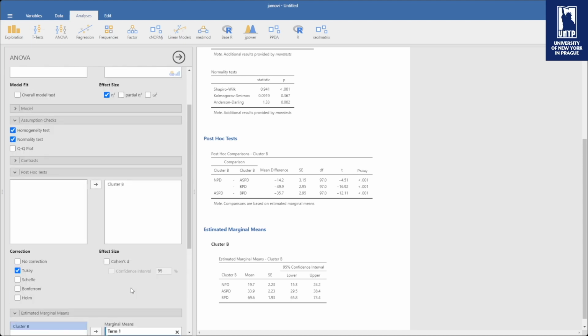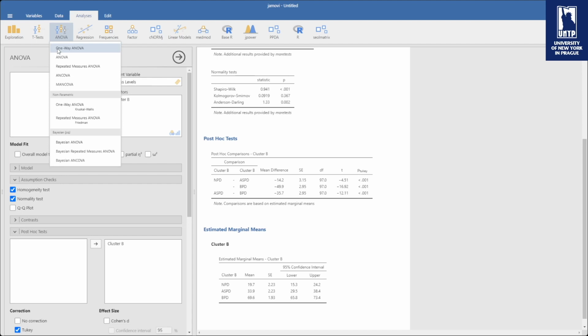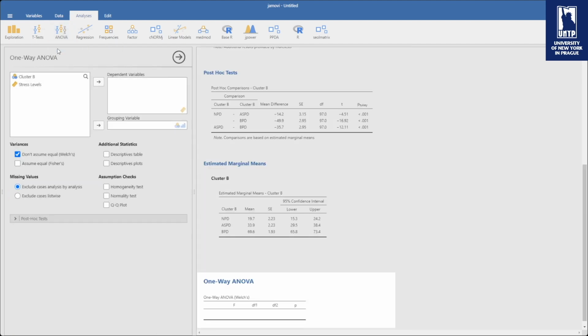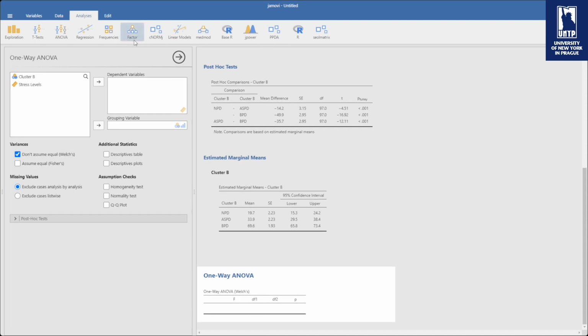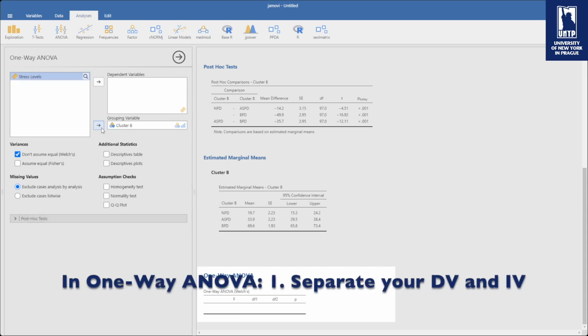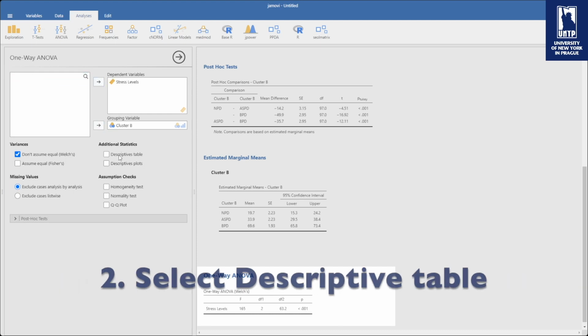But let us look into the actual one-way ANOVA. As you can see, we have very few options in comparison to the previous ANOVA tab. And this is why it is usually not recommended to use this one-way ANOVA function. But since, as you can see here, we have Games-Howell, let us do this one just for the sake of explanation. So grouping variable, cluster B, stress level, dependent variables, and you have again descriptive tables,